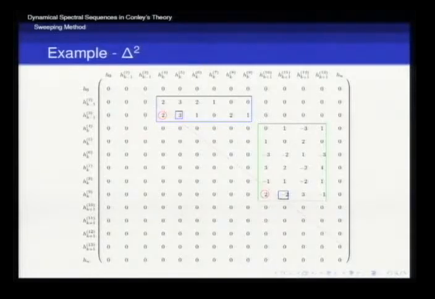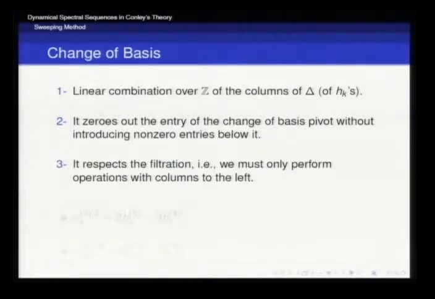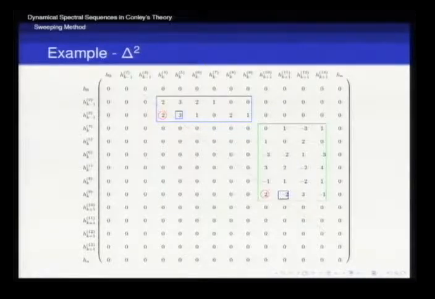Next, if we mark those in blue, they are called the change of basis pivots. The primary pivots just have the property that they have zeros to the bottom and zeros to the left. The change of basis pivots are always next to a primary pivot.